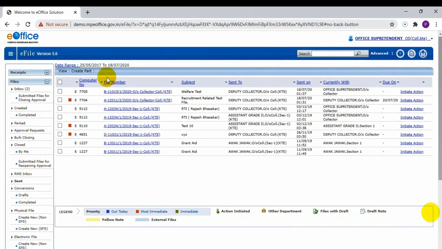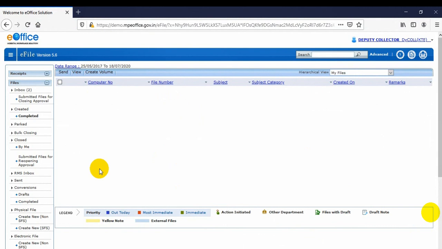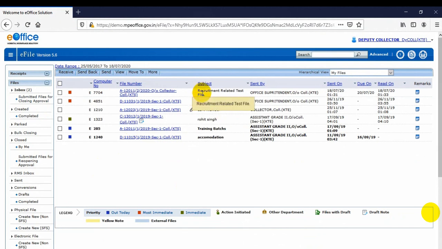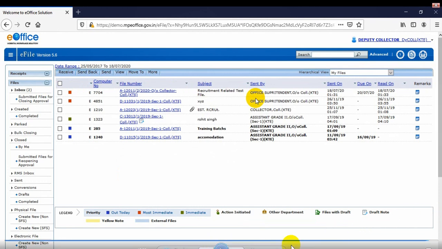Notice this, I'm showing sent one again, and currently with will make it clear to us with whom it is, like office superintendent in this case. So this is about pullback. Now we will move to Deputy Collector login to see what is there for us. In Deputy Collector login in Mozilla, click on inbox. See here, the welfare related file will not show. See, it is not available here, right? This recruitment related one is an old file, which means the new one must have come here but got returned back to sender on pullback. I am finishing this topic here now.